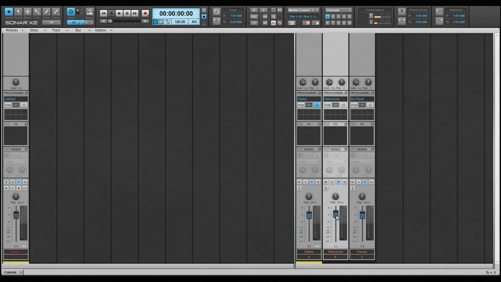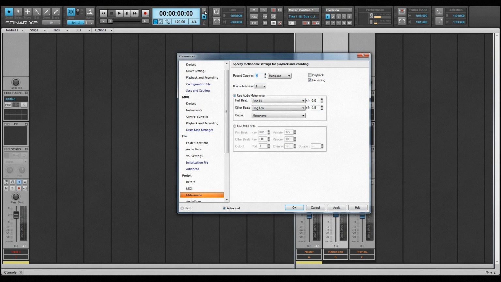of the mix. There's nothing special about the metronome bus, so if your project doesn't have one, simply insert a stereo bus, name it metronome, and it is then available as an output selection in the Metronome Preferences. To open those preferences, right-click on one of the metronome buttons or press P and select Project, Metronome from the